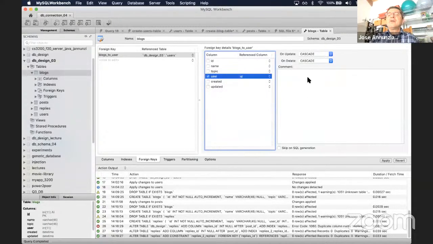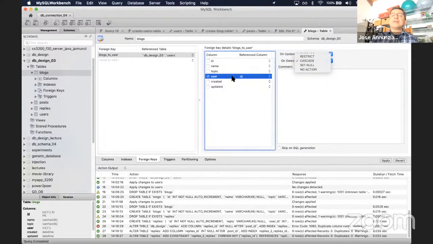Okay, and here I can specify graphically that if the primary key of the reference table changes, meaning it's updated, I want the update to cascade and change my user foreign key, right? Also, if the record that is being referenced is deleted, I want it to cascade,